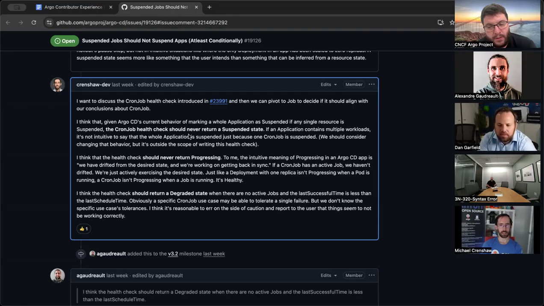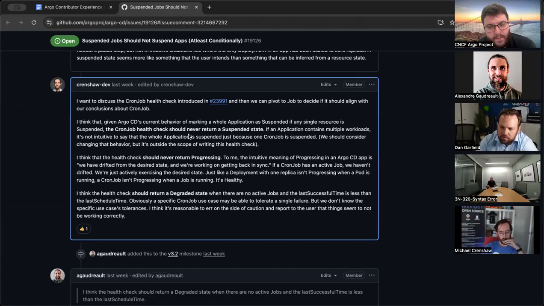And I think that would make sense. Like if the most recent job failed, maybe it makes sense to mark it as degraded. Yeah. But I don't know if we have enough information in the status field to implement that yet. With the current information, so if the job is degraded, when it's scheduled a new job that could fix the